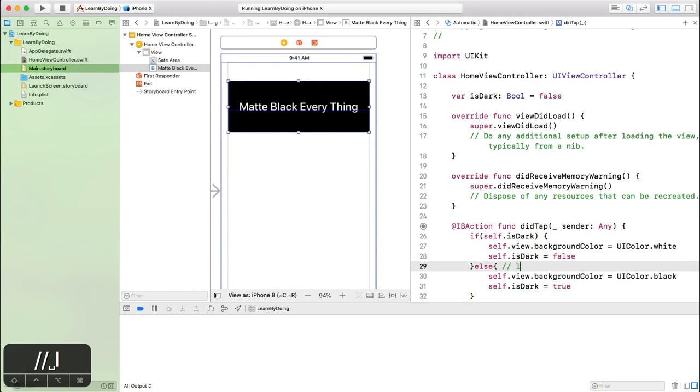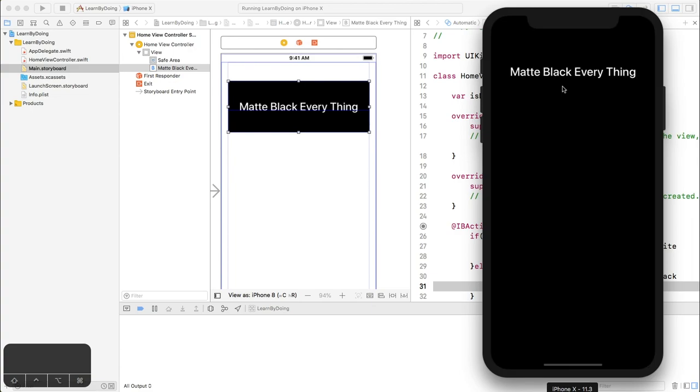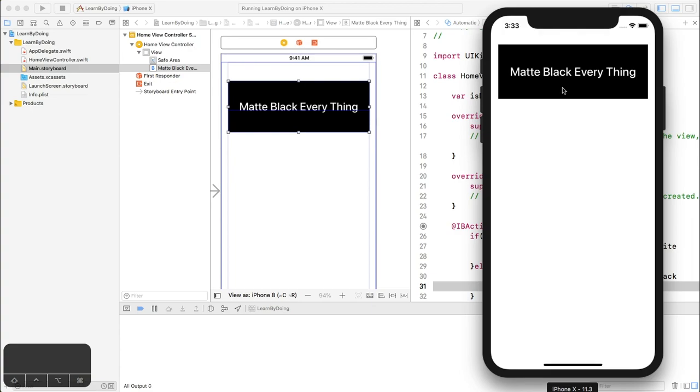If light, set it to dark, and then set isDark equal to true. Let's go ahead and run this and see what happens. Matte black everything. Goes black, hit it again, goes white. Black,